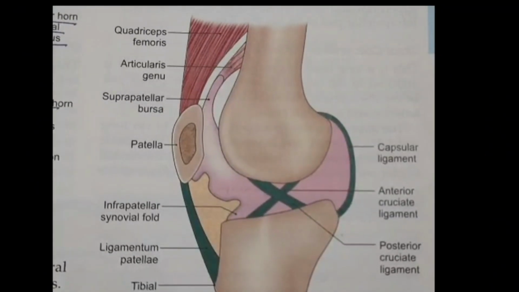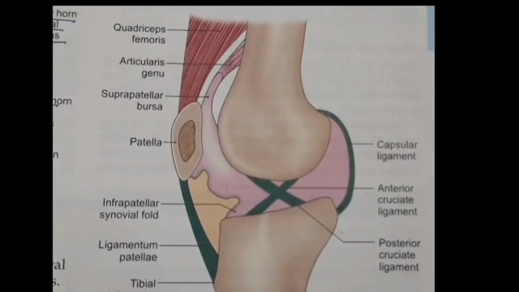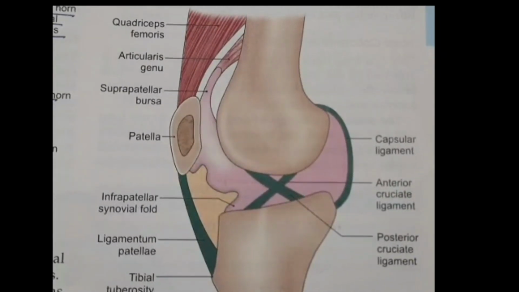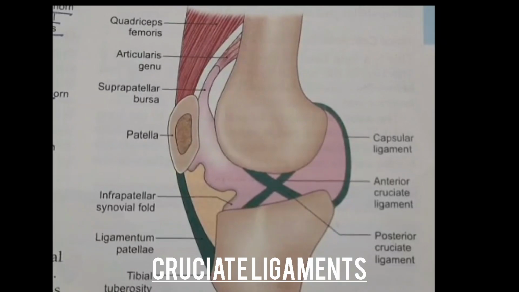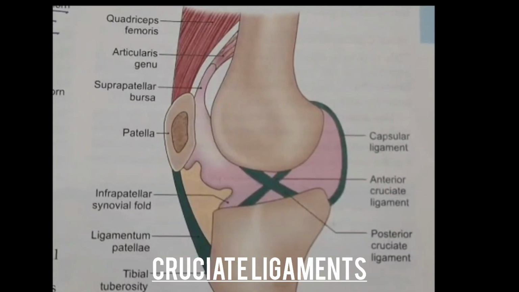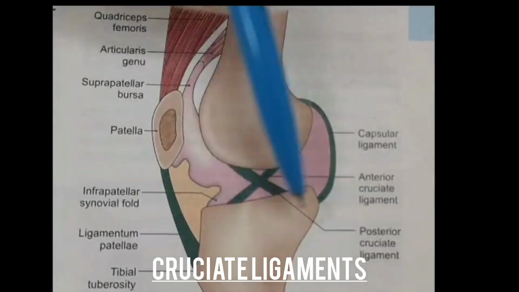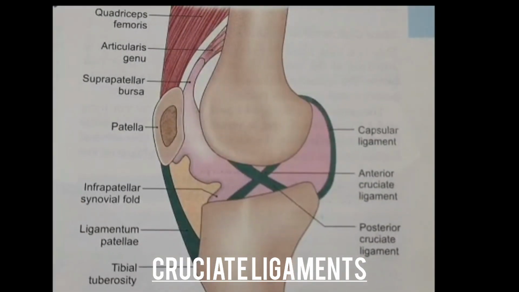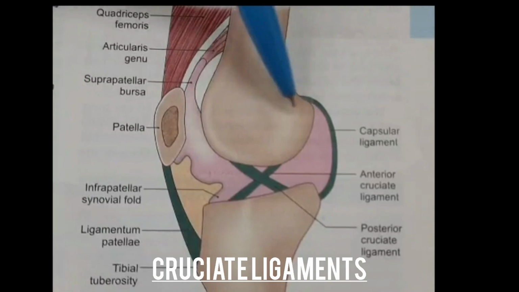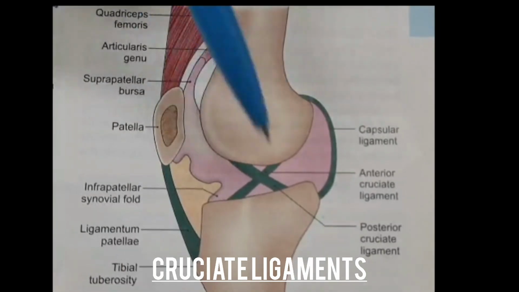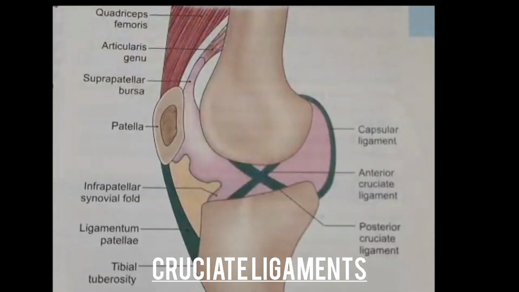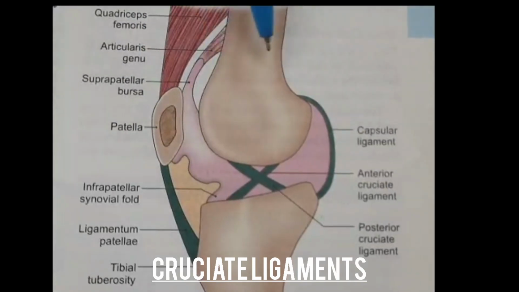Now coming to the attachment over the intercondylar area of the femur. Before going into the detail, first we will see some of the ligaments of the knee joint. In this figure you can see the knee joint. The articulation of the knee joint is formed by the femur in the upper part and the tibia in the lower part. This one is the lateral view.